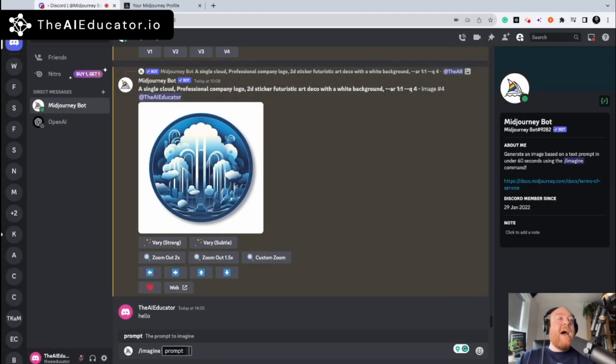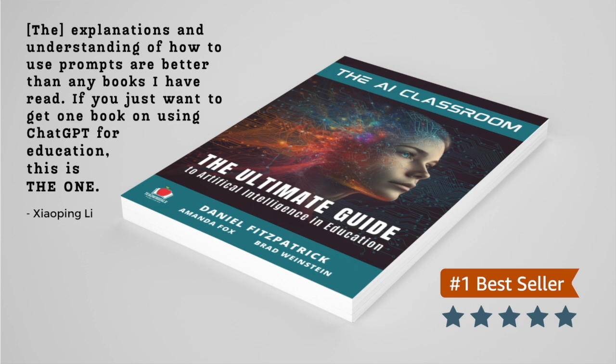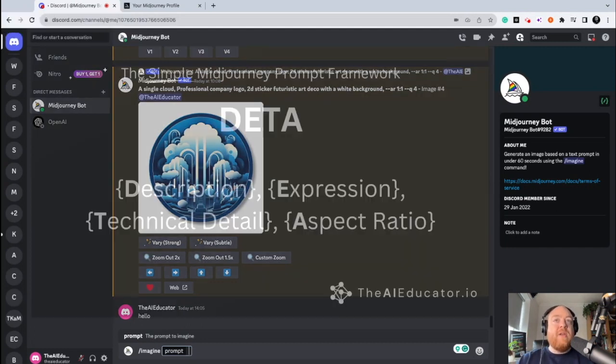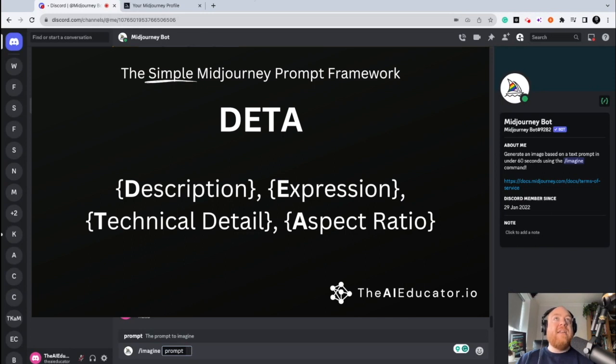Now, before we start typing, I want to share with you my prompt framework for Midjourney. Now, if you followed my work before, you'll know I like a framework. I create lots of frameworks, and in the book, The AI Classroom, there's lots of frameworks in there for teachers to use. Probably the most popular one being the PrEP framework, how to talk and get responses from ChatGPT. Now, my simple prompt framework for Midjourney is DETA, and I'm going to put it on the screen right now. And as you will see, that DETA simply stands for